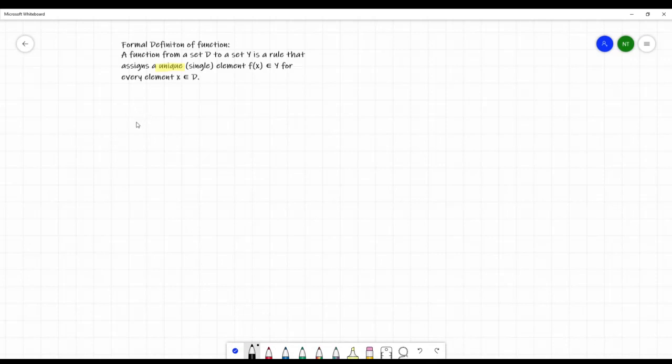So let's see, what does this say? A function from a set D to a set Y is a rule that assigns a unique single element f of x enclosed in Y for every element x enclosed in D. So what does this mean? So this means that if I have a set,